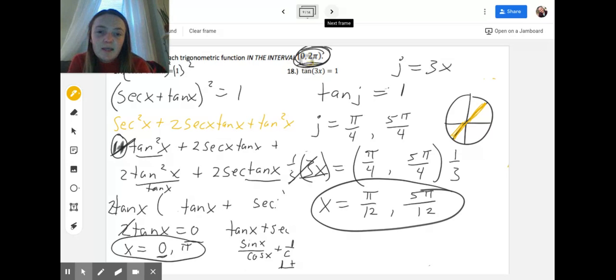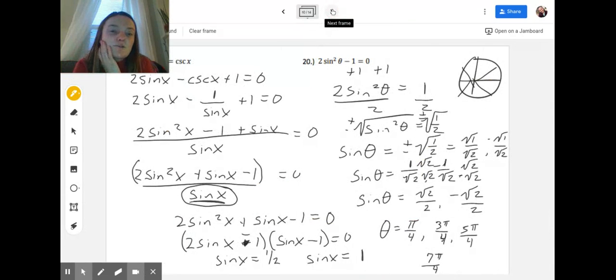And this is on a closed interval, so let's go ahead and replace j with 3x and multiply both sides by 1/3 to get rid of that 3. So my total answer here is going to be pi over 12 and 5 pi over 12. Next one, 20. 2 sine squared theta minus 1 is equal to 0, so I'm going to go ahead and